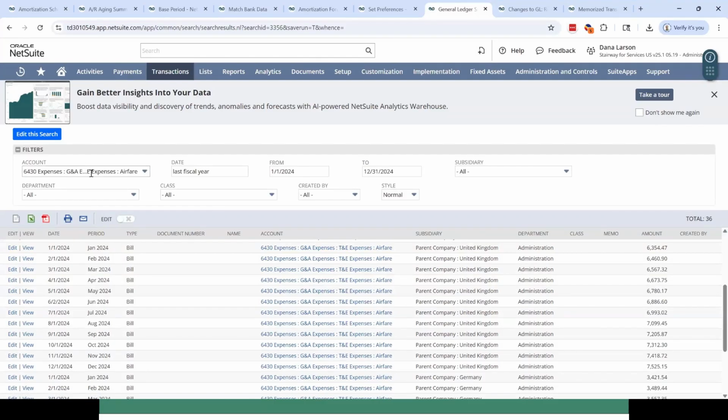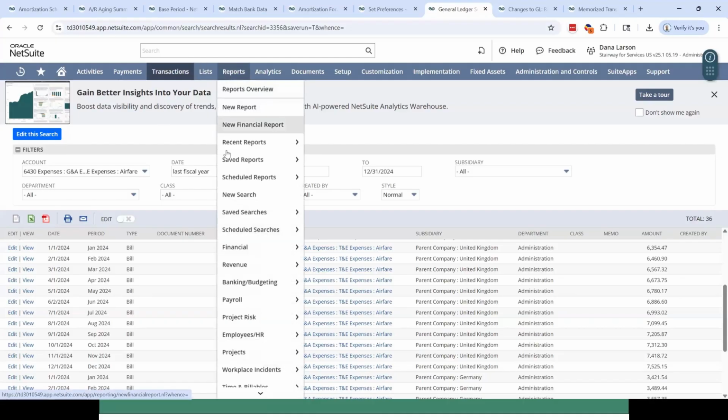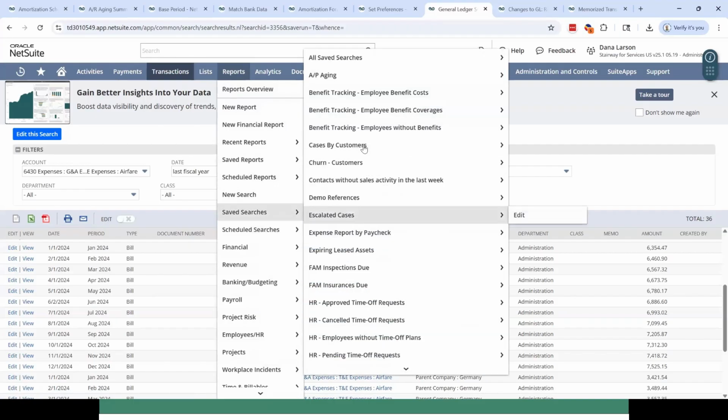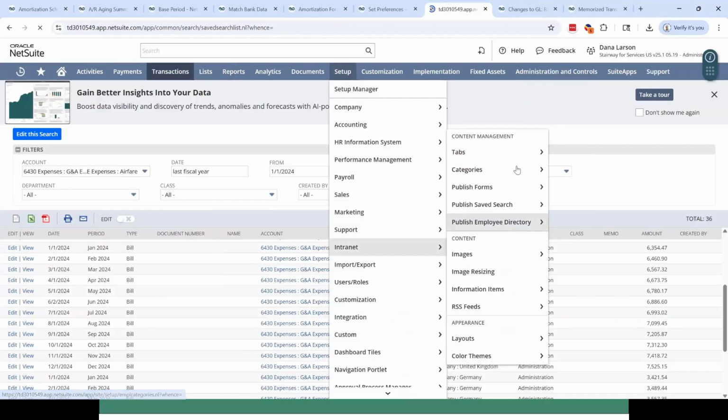You could also change your accounts to account type if you wanted to filter on that. So that's been useful in the past. Another thing I wanted to show you under the reports area, if you go into your saved searches, there's this persist